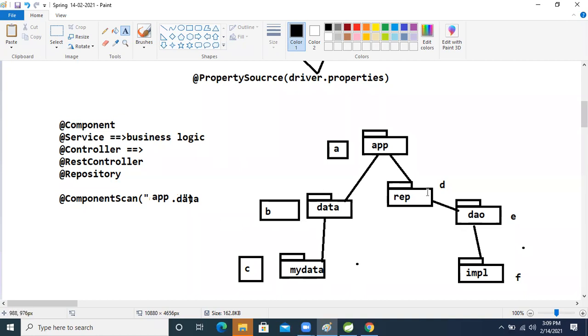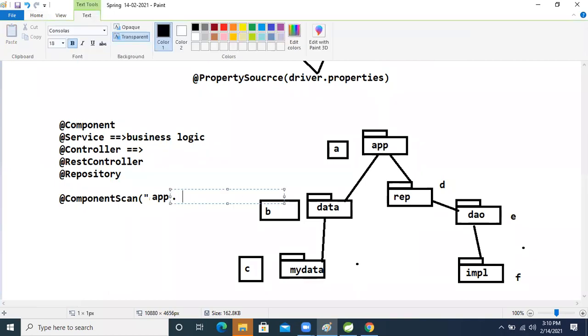So same like that, if we want to create just a DAO IMPL class object in the IOC container, what will we pass in this argument? Application means application is the root, right? Inside that, we will pass the repo here, right? If we pass it,